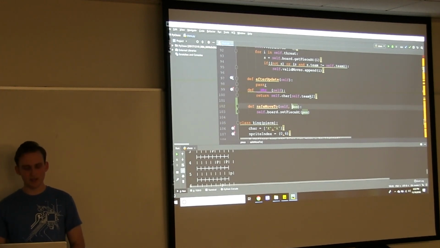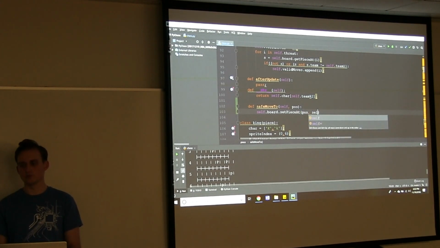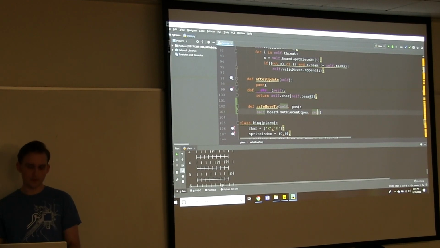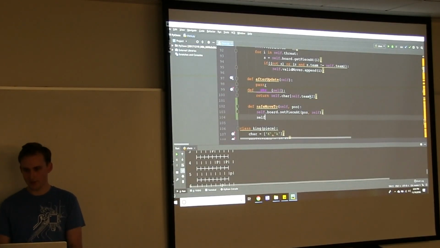So essentially we're taking a position and setting the piece at that position to ourselves. We're moving to that position, so we set the piece at that position to ourselves, first things first.